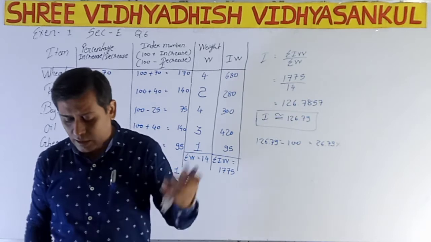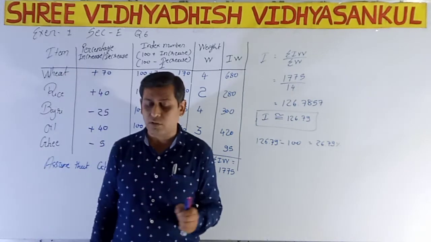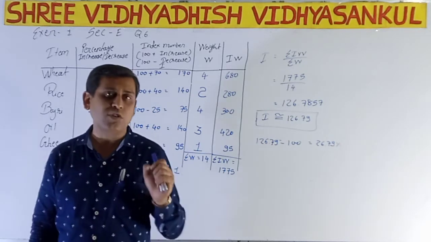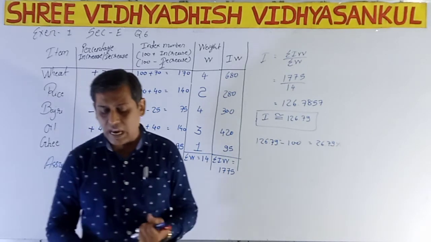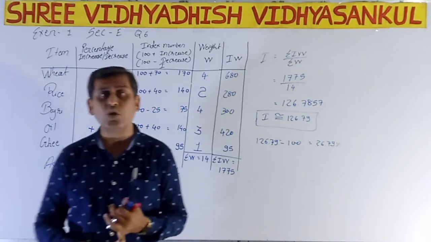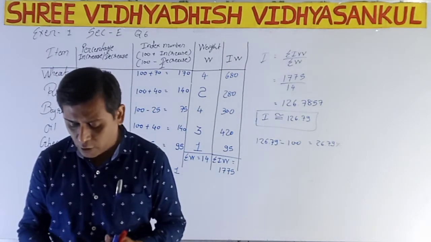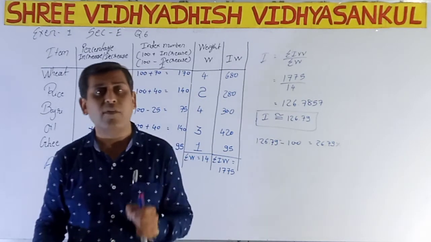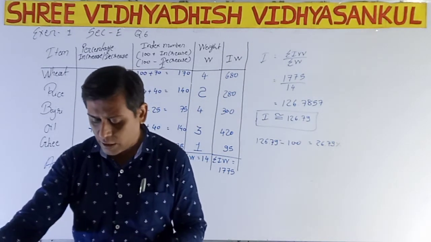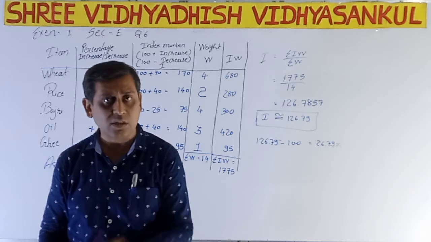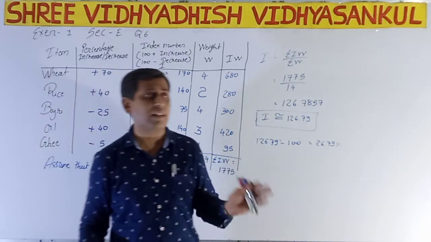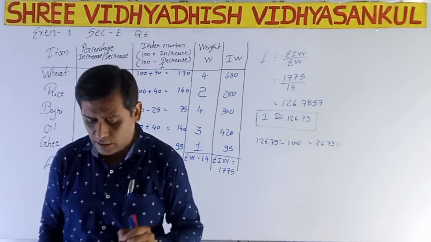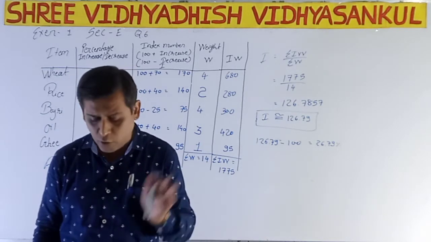Now see again, the seventh sum of section E is very easy. It is just like the last illustration, that is, average monthly wage is given and cost of living index number is given, and from that you have to find out the real wage and then find out the purchasing power of the worker. So again it is easy, it is just divide and multiply and then find out the purchasing power only. That is also easy and there is no doubt from your side.